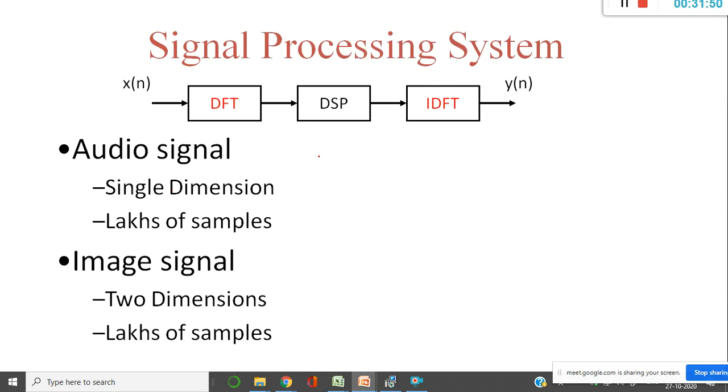So x of n, your digital signal processor will be having an input of DFT, and at the end, while retrieving back the signals, it will once again be in the time domain itself. But whatever signal has to be processed in the signal processor will be in terms of the frequency domain. Hence, I will be applying the DFT. So here is one computation, and at the output side, once again complex multiplication operations are going to be performed on these audio signals, image signals and video signals. My aim is to improve the signal processing in terms of algorithm.